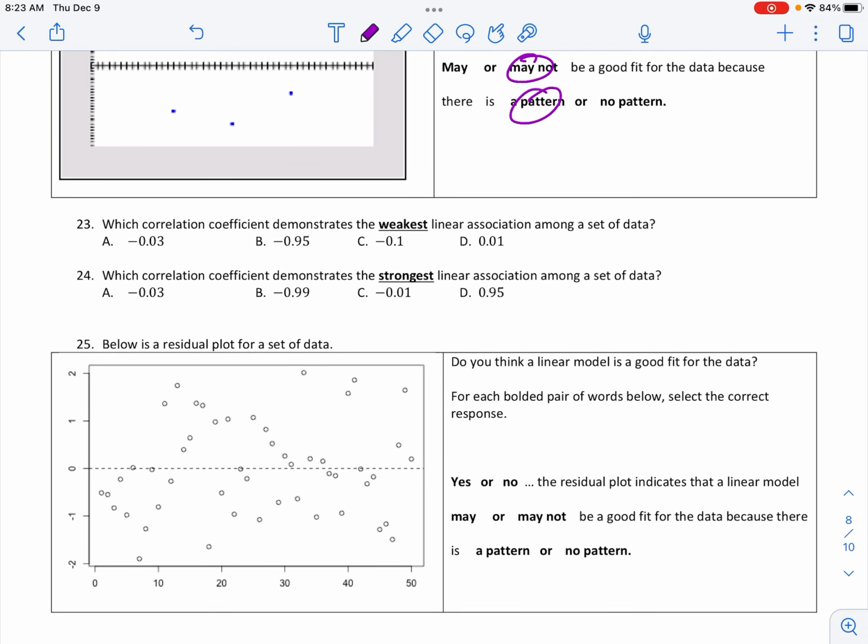Correlation coefficient here, 23. The weakest, remember weakest,